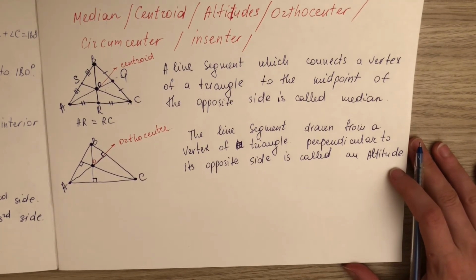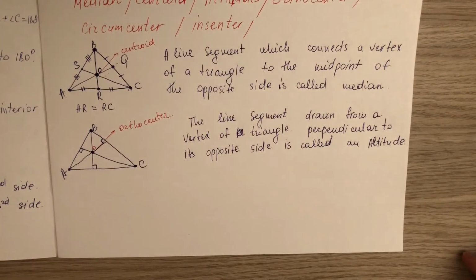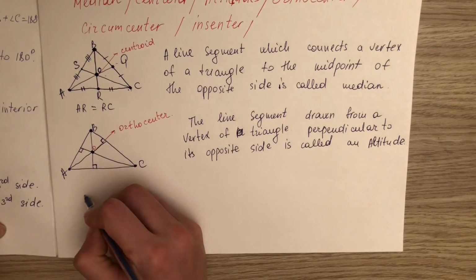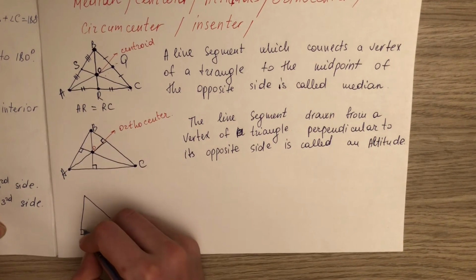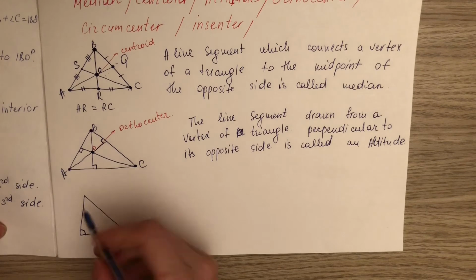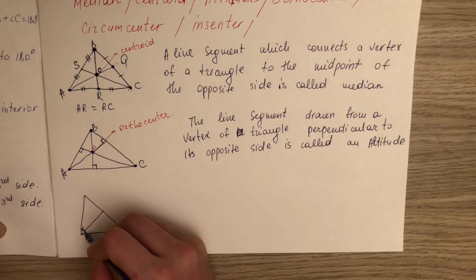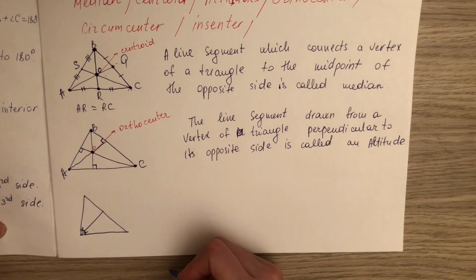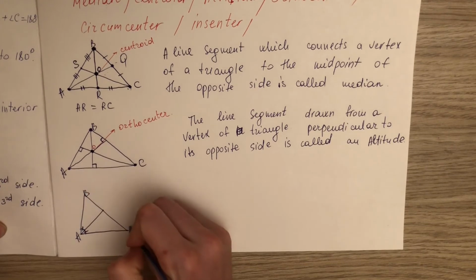The incenter. Before starting incenter, let's learn bisector, angle bisector. So here is our any triangle, and this is the angle of this triangle. A line segment that bisects an angle of a triangle is called angle bisector of the triangle. Okay,